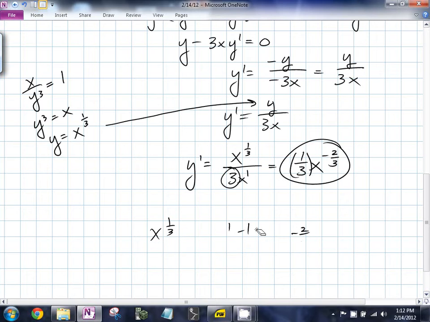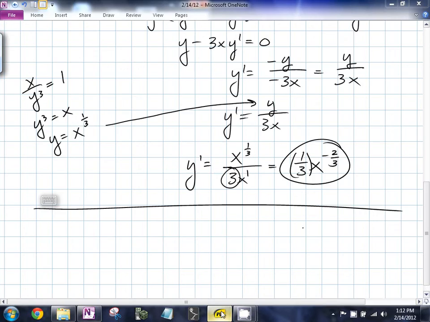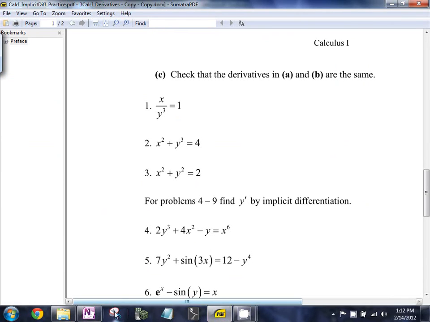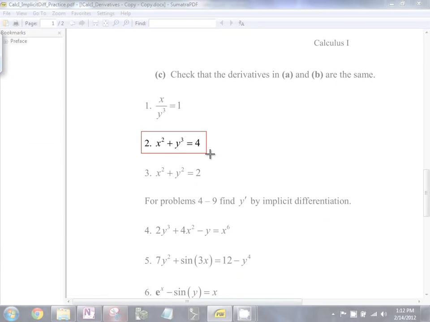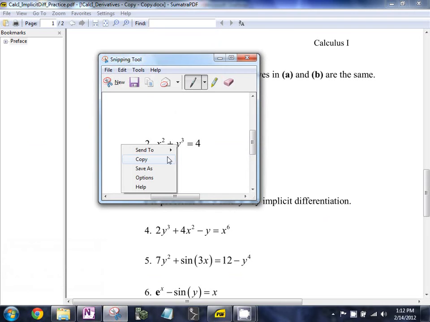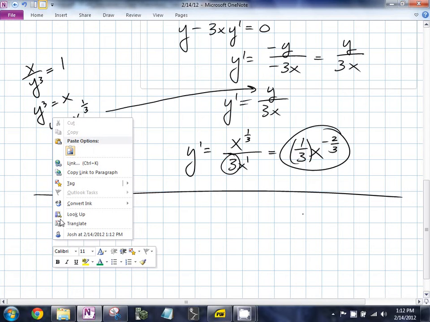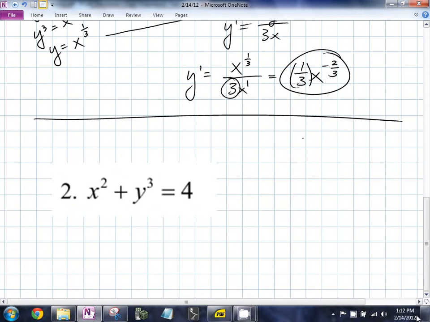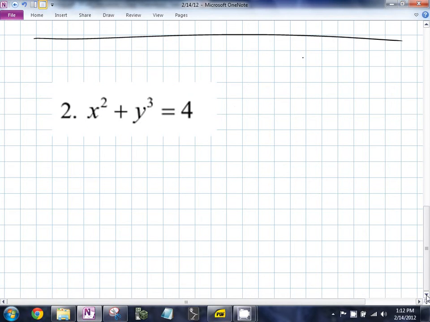Okay, so let's do another example. Here we go. Let's do number 2 here. What does this one almost look like? It almost looks like a circle. Yeah. Very good. It almost looks like a circle. So you think to yourself, well, hey, the work must be similar. It's actually much easier. In this case,